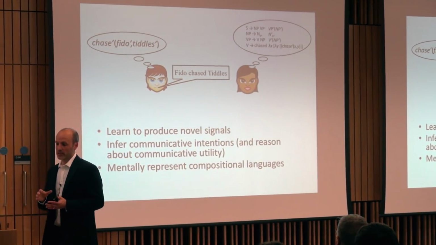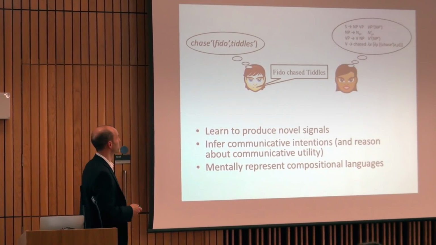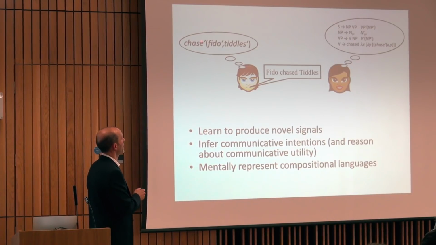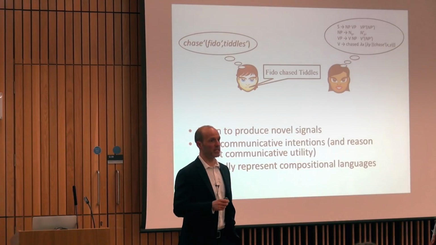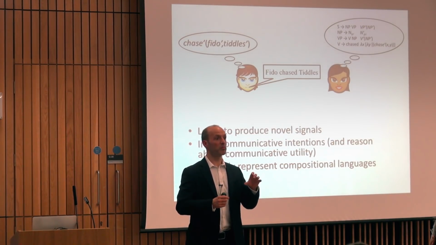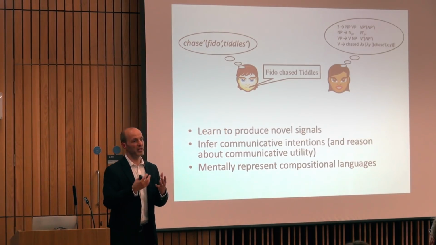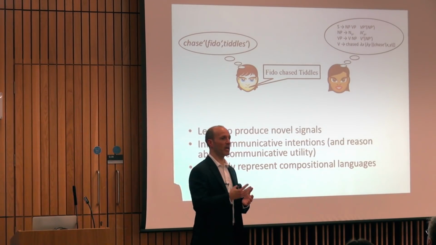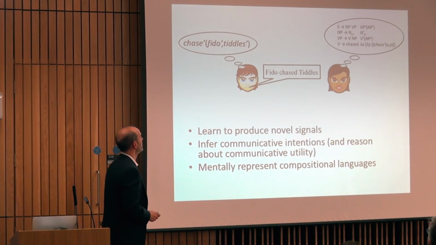You also have to be able to infer communicative intentions that lead people to produce forms. So the reason this guy spits out this particular sequence of sounds is that he had some meaning in his head that he wants to convey to you. In our experiments, we make the meaning of a signal really accessible. We say, here's an object, and this is the label for that object. But in the real world, you're not just given the communicative intentions that are in other people's heads. You have to infer what's driving somebody to produce this particular sequence of sounds at this particular moment in time.